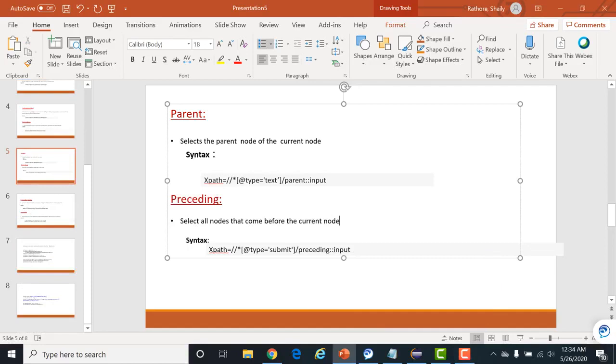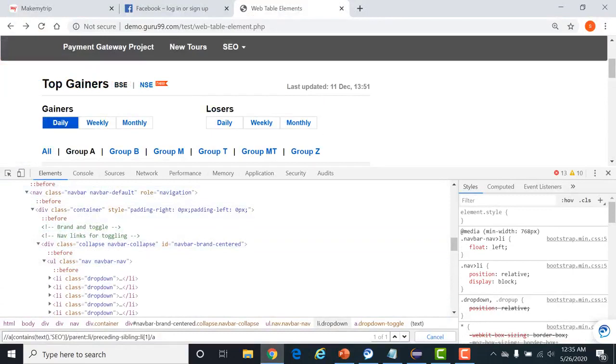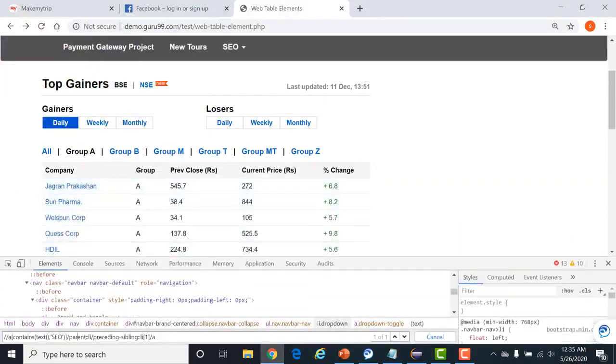What the preceding axis does is select all the nodes that come before the current node. See, this is the application. We'll again go back to our table. This is the table which is available, and these are the values of the table. Suppose in the first row this is the text, Jagran Prakashan.